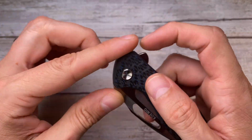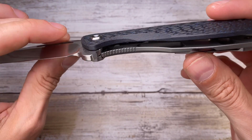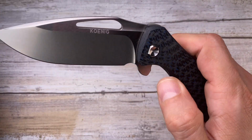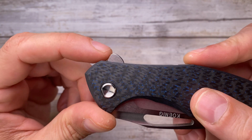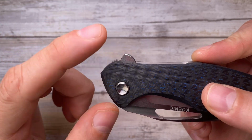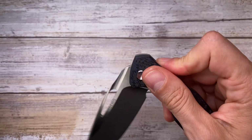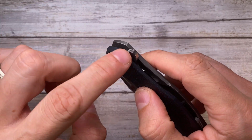Absolutely stunning. These scales have been heavily skeletonized on the inside, both the carbon fiber and the titanium lock side, in order to reduce considerably the weight. It's beautiful. The flipper tab, it's fantastic. This has been improved over the Generation 2, which was a little bit more pointy. You've got some pretty nice action, both for push button and for light switch from this beautifully designed and chamfered